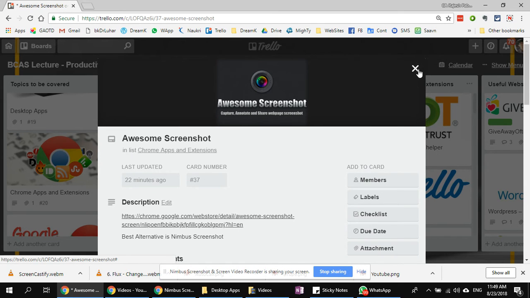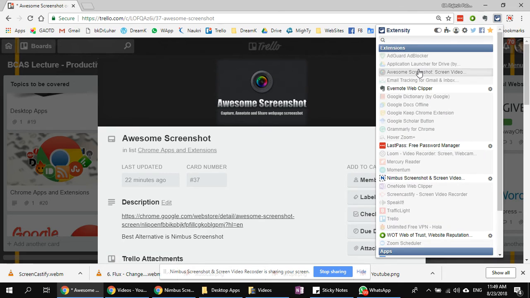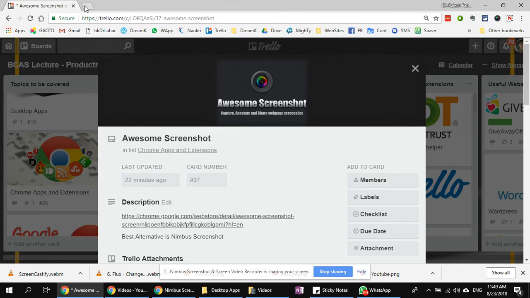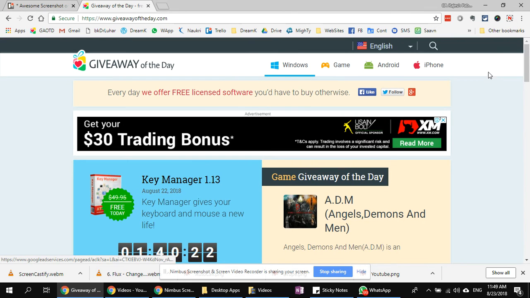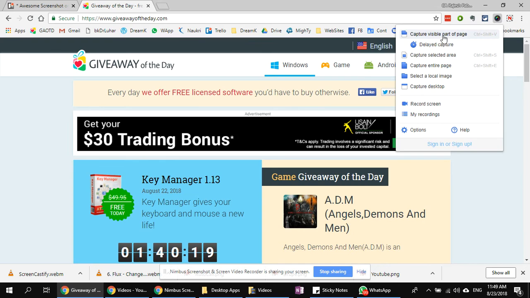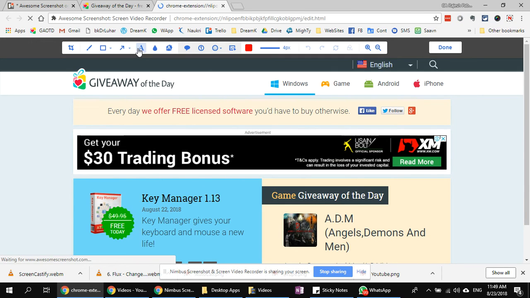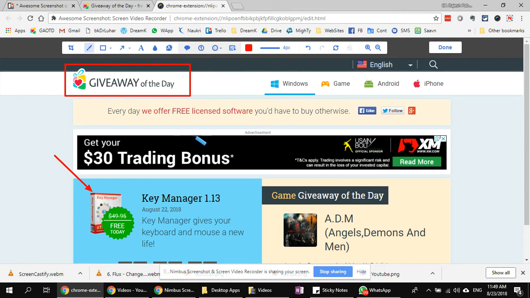We'll just see how it works. Control Shift E. I'm going to enable this extension, awesome screenshot. Now supposing I am going to this website, giveaway of the day. Now I want to take a screenshot. I will take a screenshot. If I want to annotate something, if I want to show something, if I want to write some, I don't know, this is,